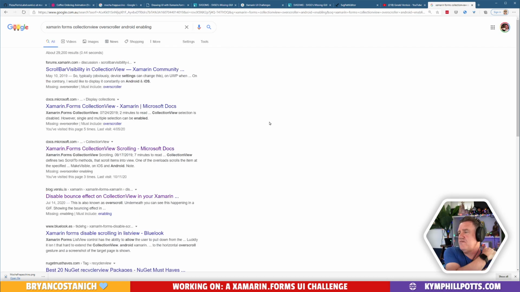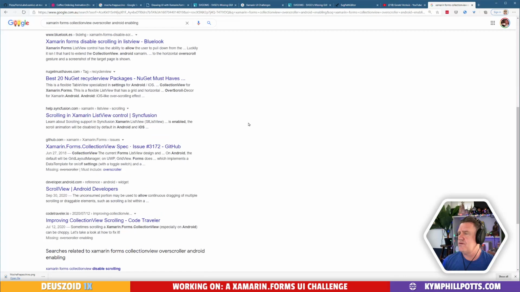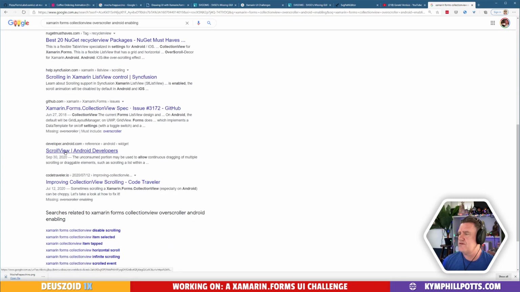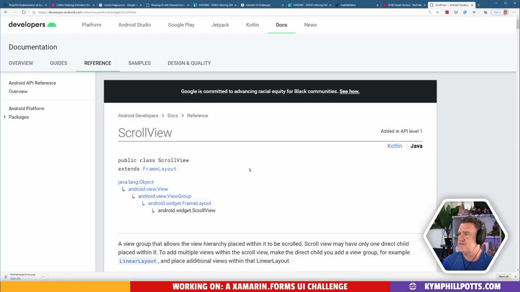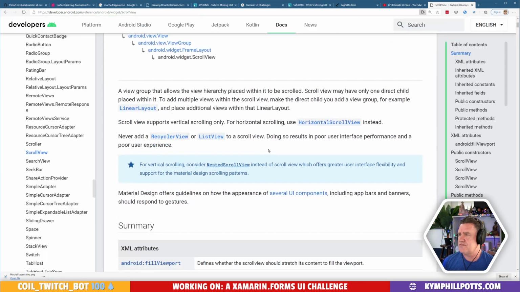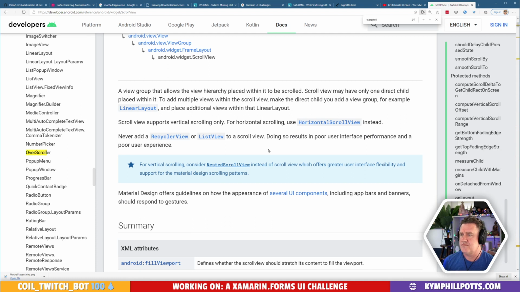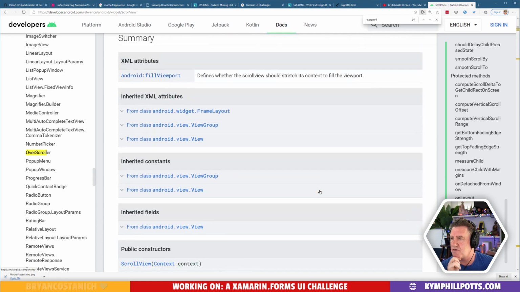Like, I mean, you could hack it out with some Scroll View has a on overscrolled.